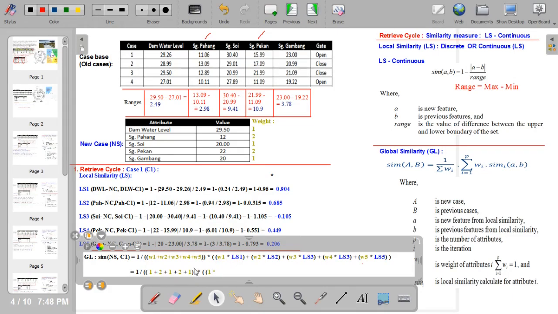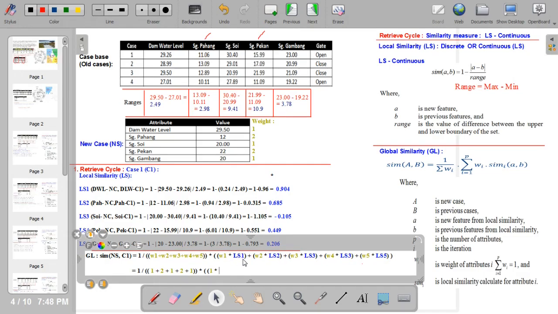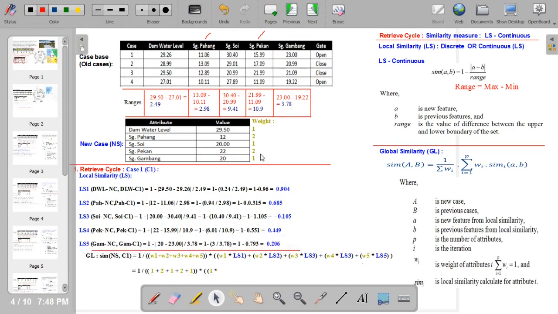Multiplying by LS1, the local similarity for the first attribute, which is the dam water level, of the new case and the dam water level of the old case, which is case 1,